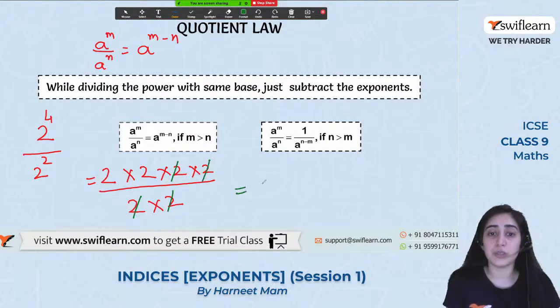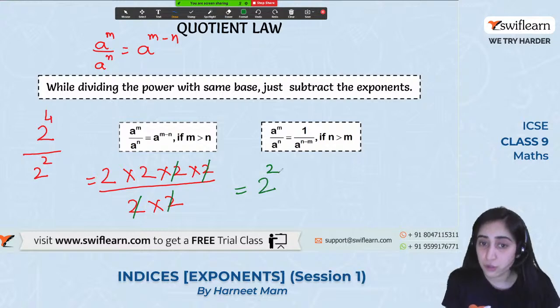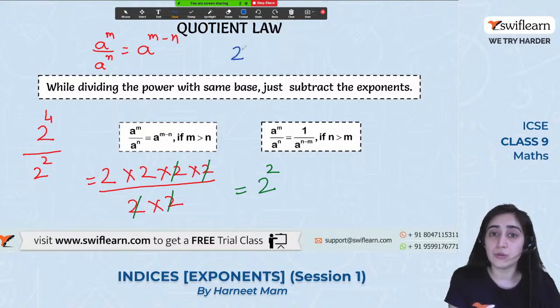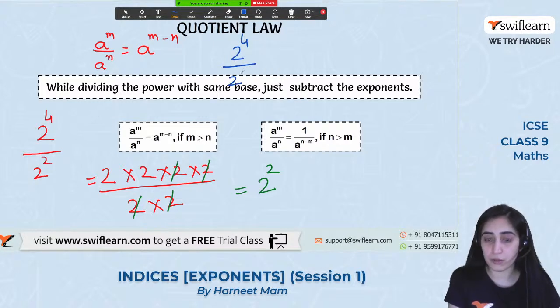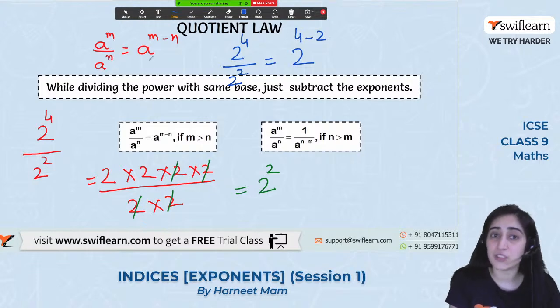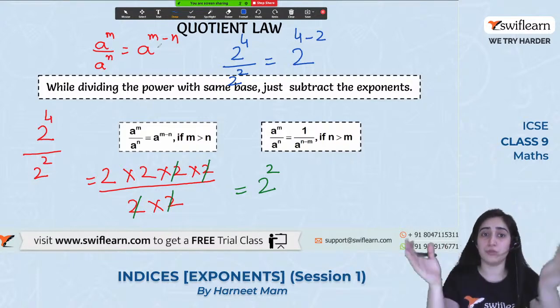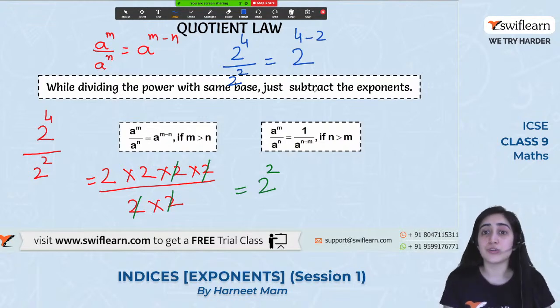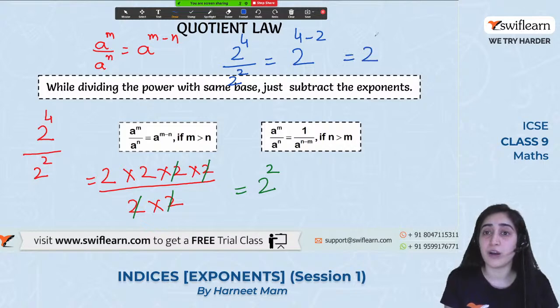Cancel it. So what do I left? I left 2 to the power of 2, है ना? तो ये चीज मेरा आंसर आया. And this is what we want to say in a different way. What are we saying? अगर 2 to the power of 4 है upon 2 to the power of 2 है, that becomes 2 to the power of 4 minus 2. तो हमने क्या करना है? बेस को एक ही बारी लिखो और ऊपर की पावर को दोनों को सब्ट्रैक्ट कर दो in case when we are dividing them. Okay, so now what do you get? You get 2 to the power of 4 minus 2 becomes 2 to the power of 2. So 2 2s are 4 और यहीं पे मेरा आंसर भी 4 आ रहा है.